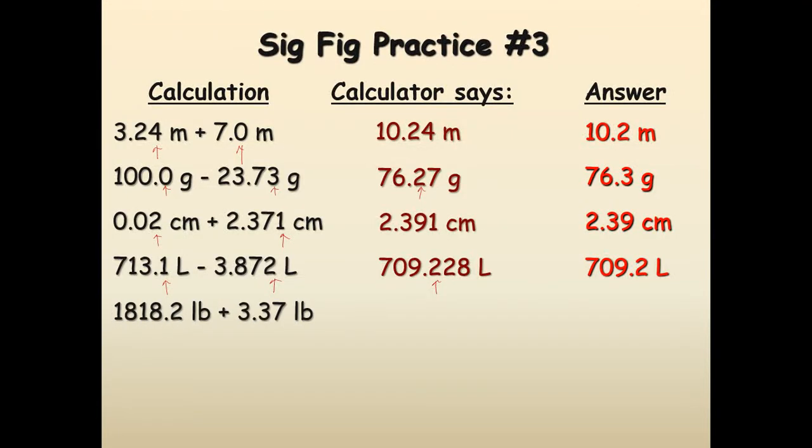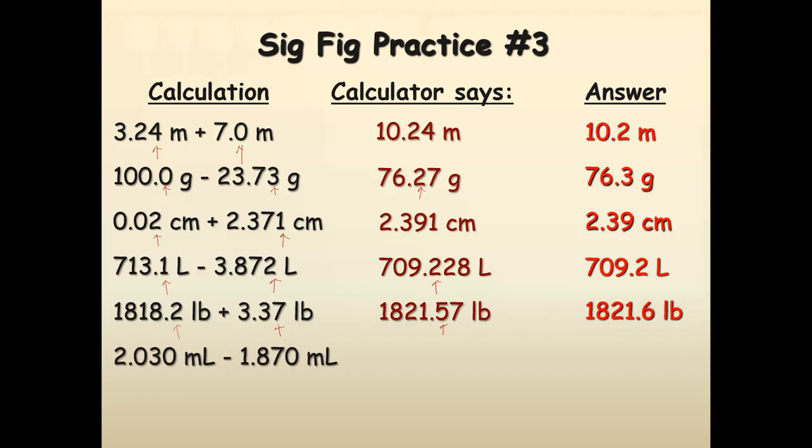118.2 pounds plus 3.37 pounds equals that number of pounds. But then I look at the values I used. This one only went 1 digit past the decimal. This one went 2. So I can only go 1 past the decimal. So it becomes 121.6 pounds. I think I have 1 or 2 more. 2.030 milliliters minus